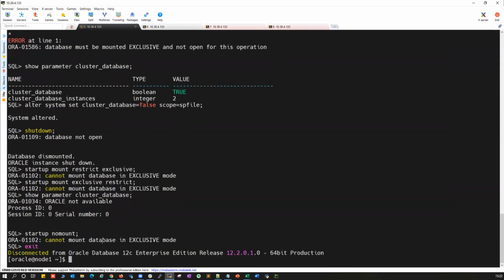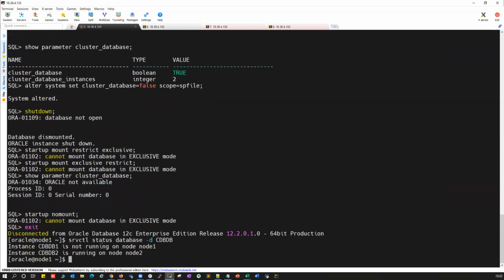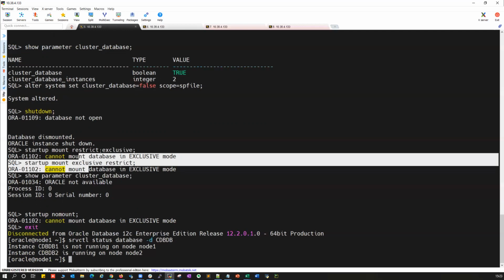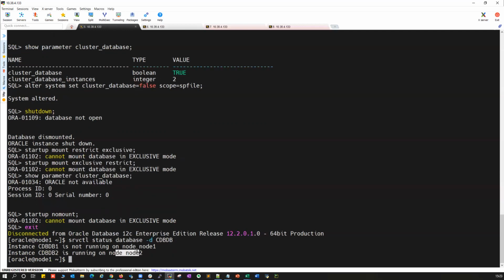Let's come back and try to shut down the database. I'm going to check my database status. Yeah, you can see this particular CDB2 instance is running. Because of that, we are not able to start our database in restrict exclusive mode, because other instances are up and running.